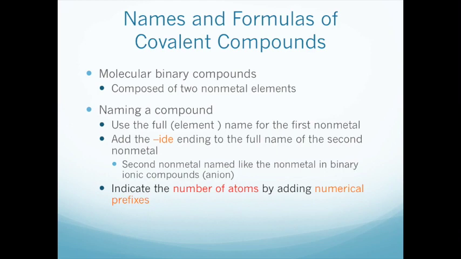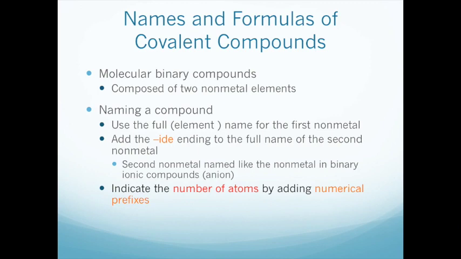Now that we know how to draw these compounds, we can start thinking about naming them and writing their formulas. So the simplest ones are molecular binary compounds, which are composed of 2 nonmetal elements. And we name these by using the full element name for the first nonmetal and adding the "-ide" ending to the full name of the second nonmetal. So the second nonmetal is named like the anion in binary ionic compounds, such as